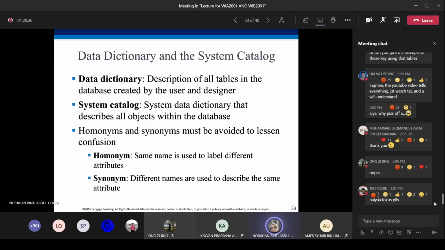For example, we have data dictionaries for when we want to create tables.